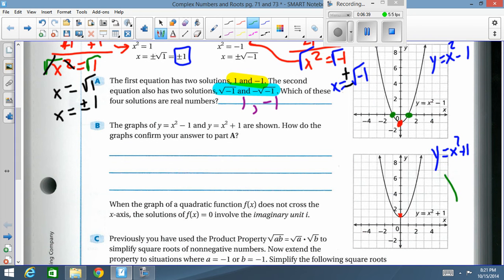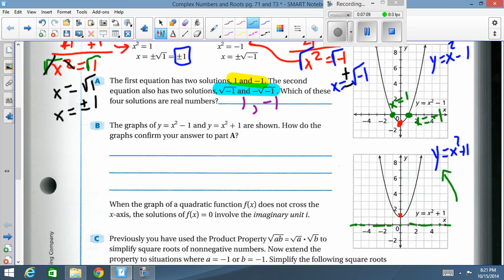Notice, this graph does not have any x-intercepts because your x-axis is down here. Since it does not cross the x-axis, there are no solutions. There are no real solutions because it does not cross the x-axis. Up here it crosses at x equals 1 and it crosses at x equals negative 1, and not surprisingly, those